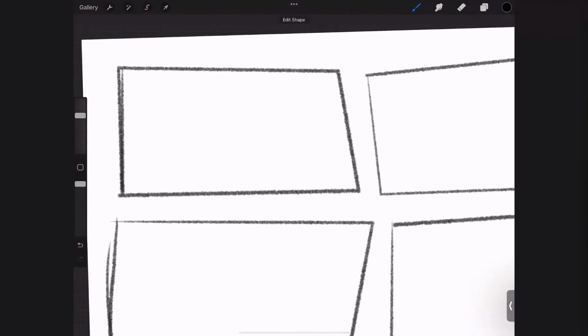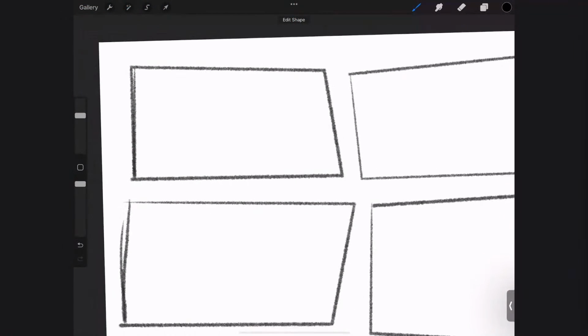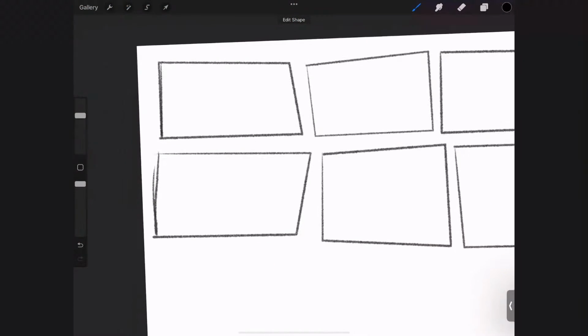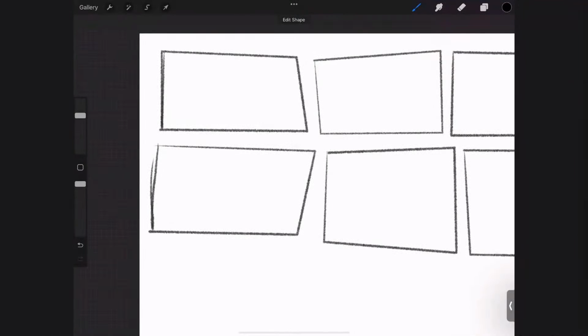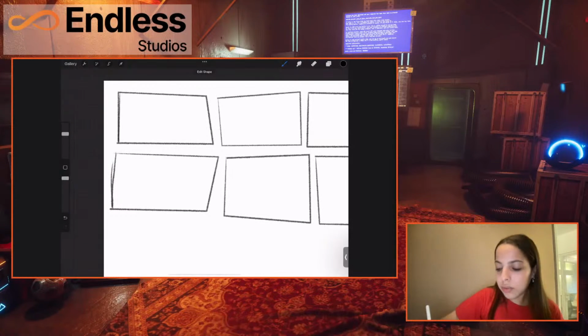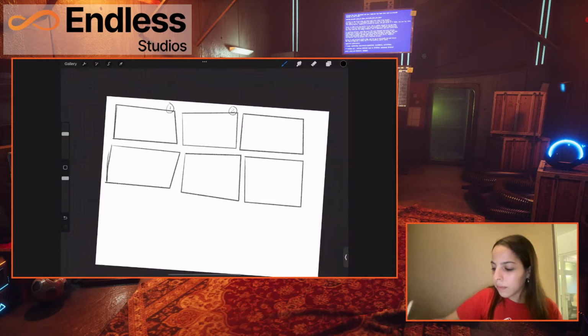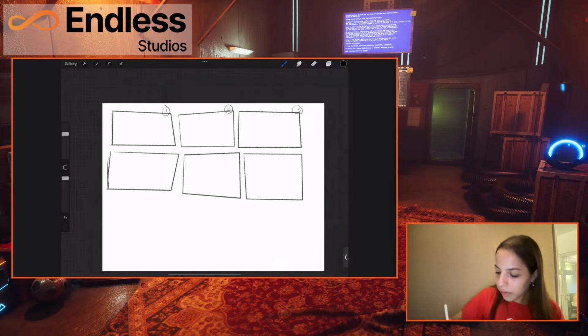Now, typically, from a film directing perspective, you want to label all of what I would call screens. So this should be screen 1, 2, 3, 4, 5, and 6.